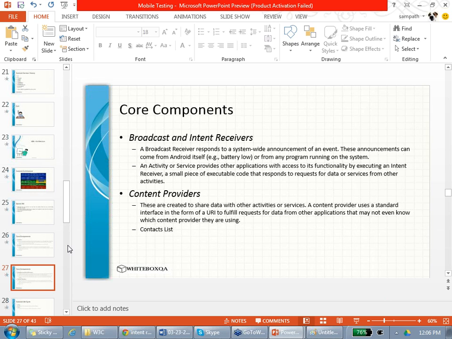Agreed? For example, all the pictures you can view from Facebook, go and upload to Facebook, upload to Google. If you open Google Drive or something, this information is what we call content providers. They are data, they are not logic. A service is logic which is running in the background. Broadcasting is information sent out to the phone, not to an app. An intent receiver is someone who is interested in the information you are accessing currently.